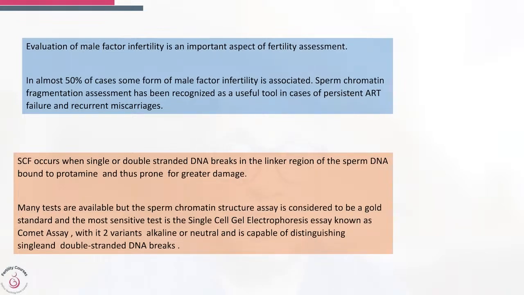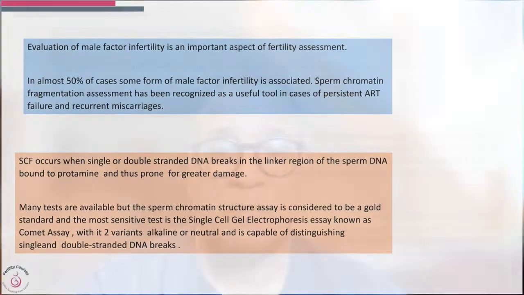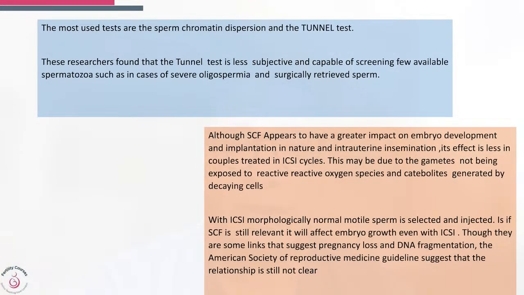Now, the sperm chromatin structure is considered to be a gold standard, and the most sensitive test seems to be the single cell electrophoresis assay, which is also known as the COMET assay, with two variations which are alkaline and neutral, and that helps you to distinguish between single and double-stranded DNA breaks. Now, if you look at the two most useful tests, they are the chromatin dispersion and the TUNEL test. And the researchers found that the TUNEL test is less subjective and capable of screening few available spermatozoa in cases